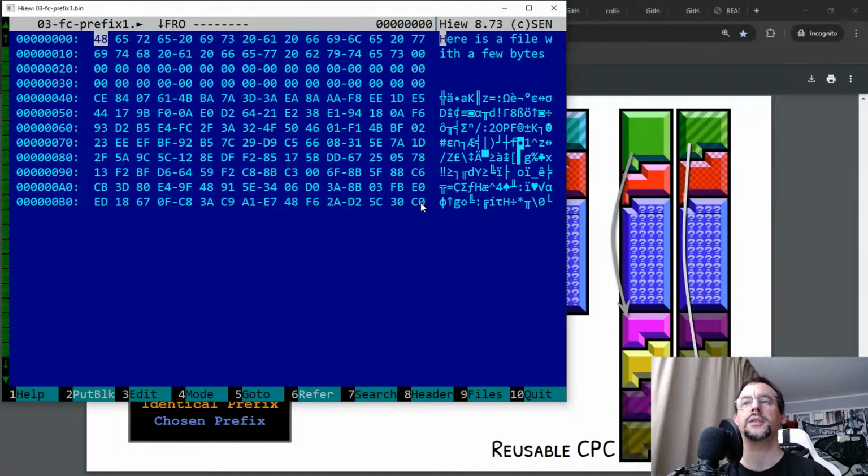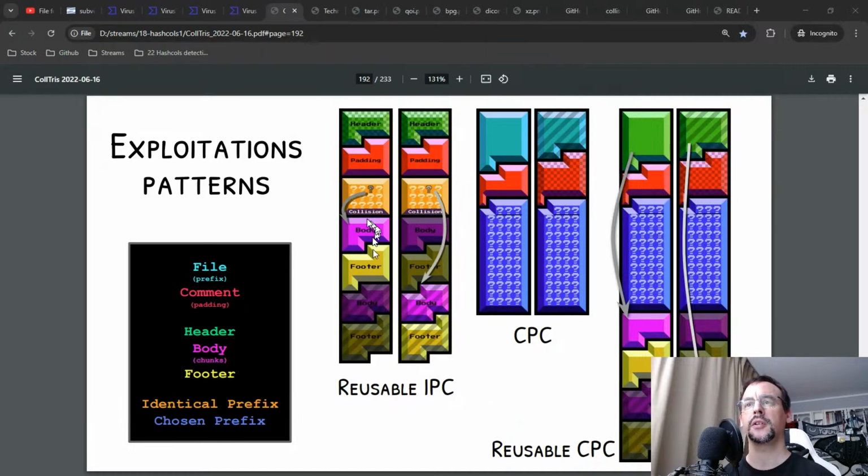And if you want to put some data after it for the collision to be identical, for the hash to be identical, then the suffix has to be identical on both sides, which is all this part here. It has to be identical on both sides, even though it's parsed differently depending on which file of the pair you are parsing. Okay, so again, a very strong